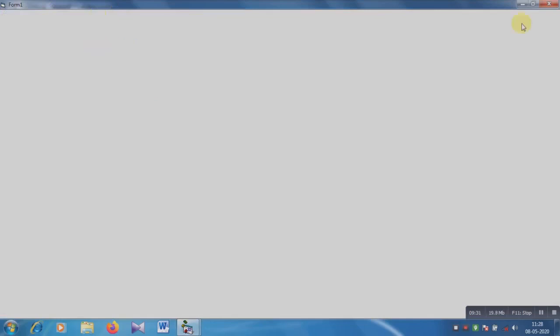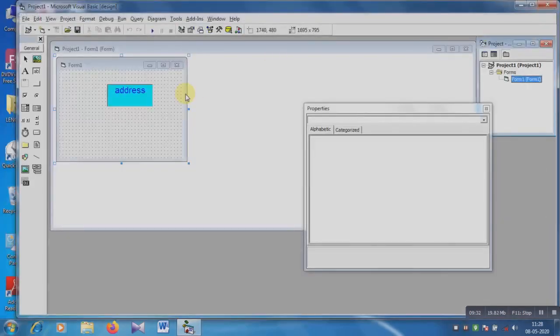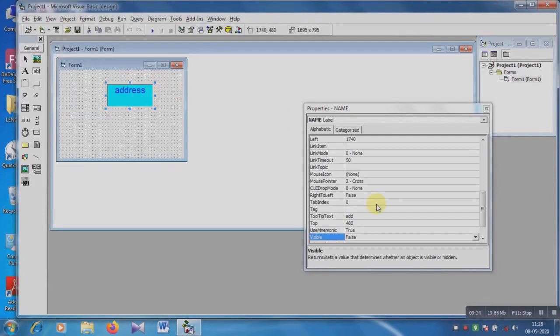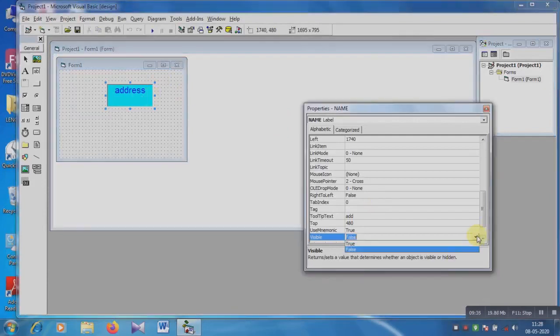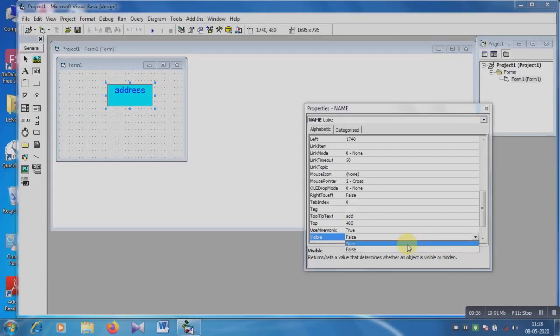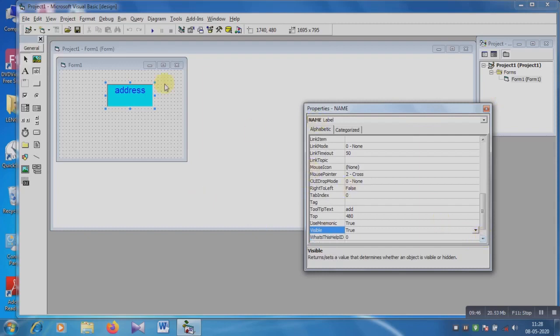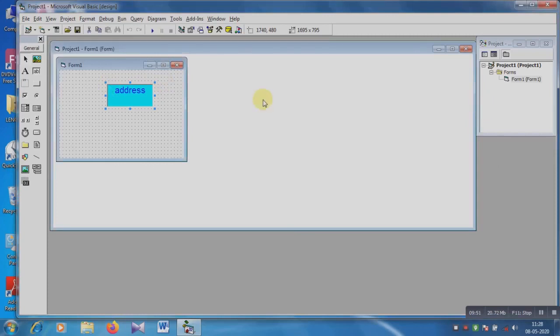Okay, so the label tool is hidden. So to display the label tool, you must choose the true option in visible. So using these properties, you can design the label tool.